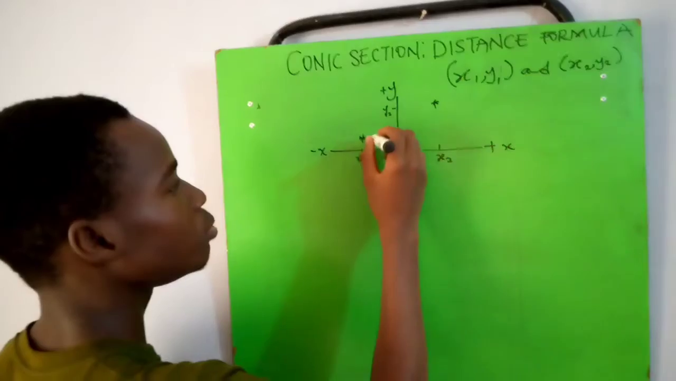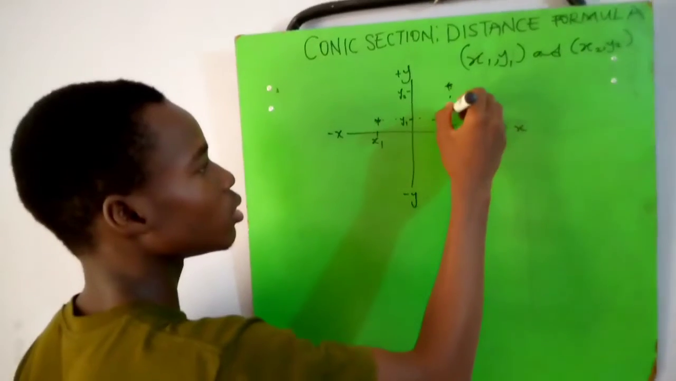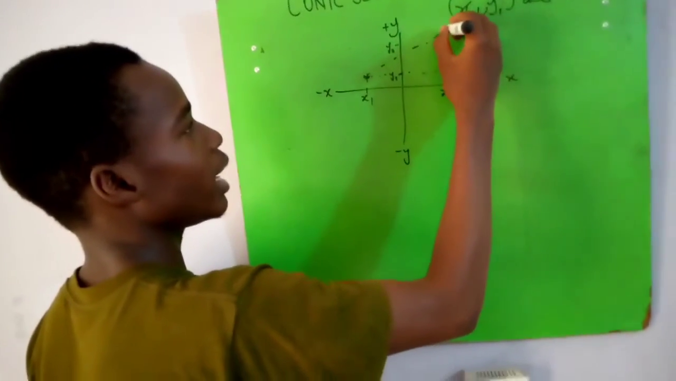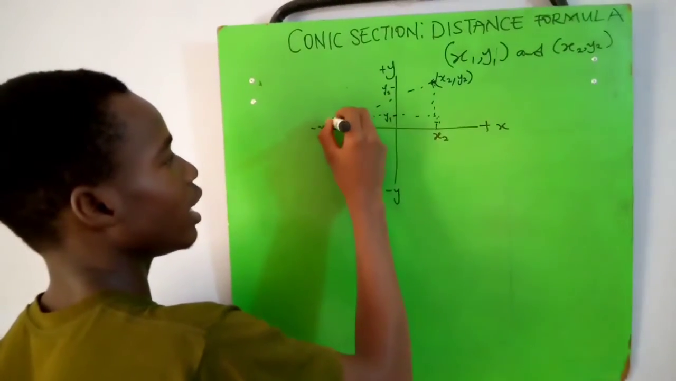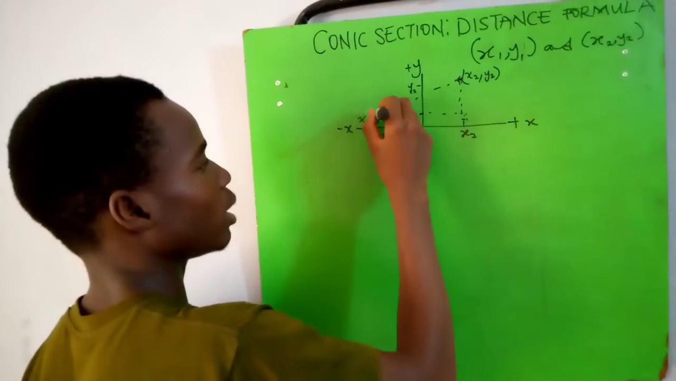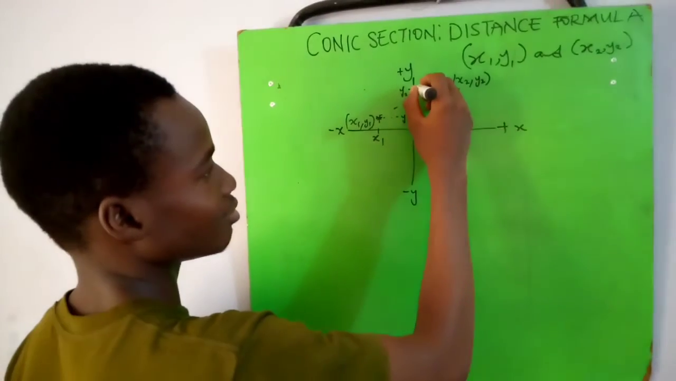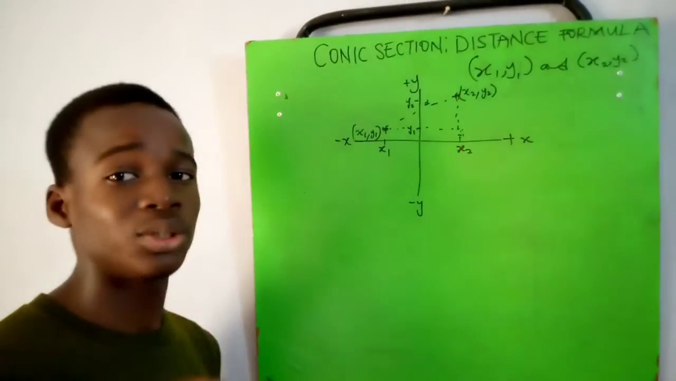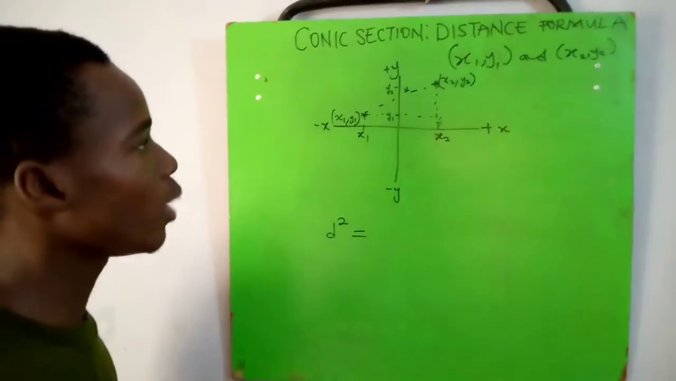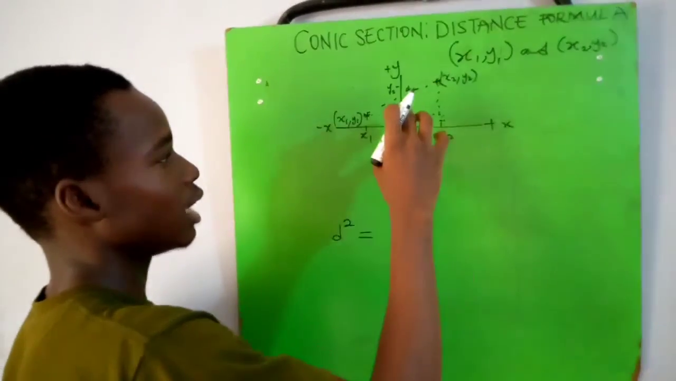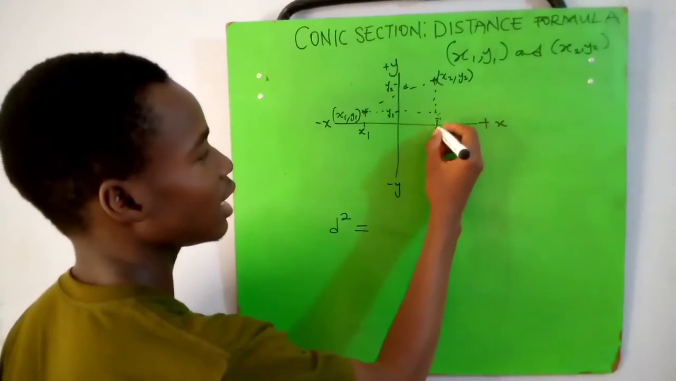From here we can pick, it looks like a triangle. This is where x2 and y2 meet, and this is where x1 and y1 meet. So we have a triangle. How can we find the distance between the points? Let's call the point D. We can use Pythagoras theorem. It says that the square of the hypotenuse equals the square of the opposite side plus the square of the adjacent side. So the distance between here and here is x2